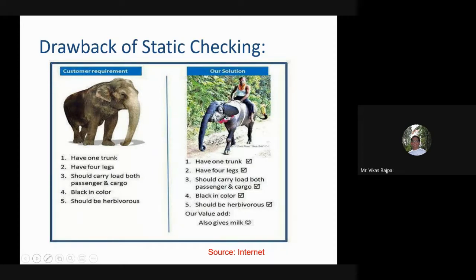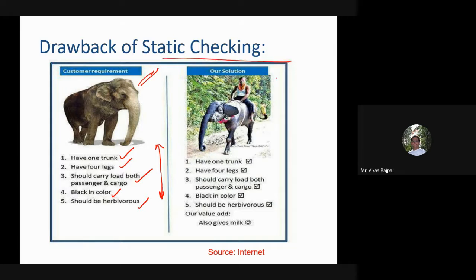This is the customer's requirement, which says that the product should have one trunk, four legs, should carry load, both passenger and cargo, should be black in color, should be herbivorous. This is my customer's requirements. And since it's manual, I cannot measure it properly.